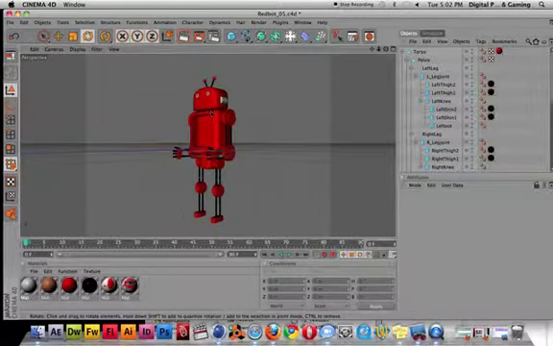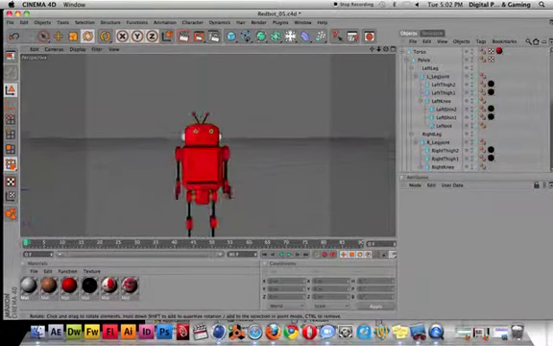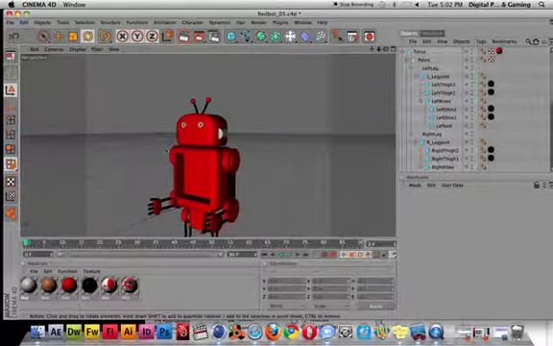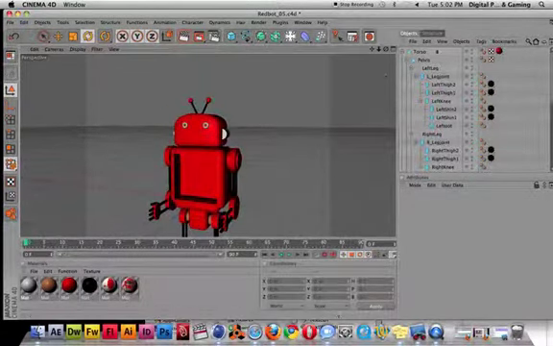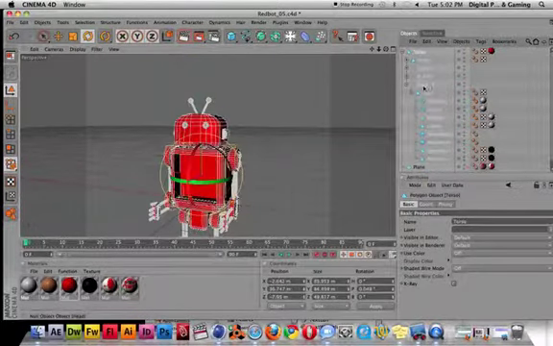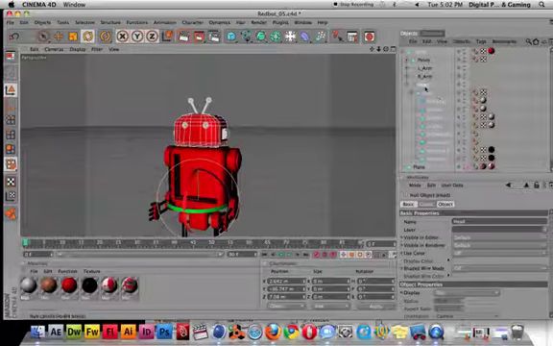Okay, so let's say I want to make different variations of different types of robots. I already have this guy, right? I can easily take a look at his head. Let's go ahead and take Provost down. Here's his head. So I can go ahead and take his head and I could go ahead and add